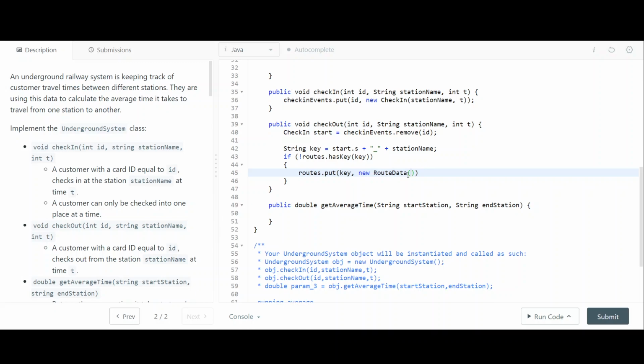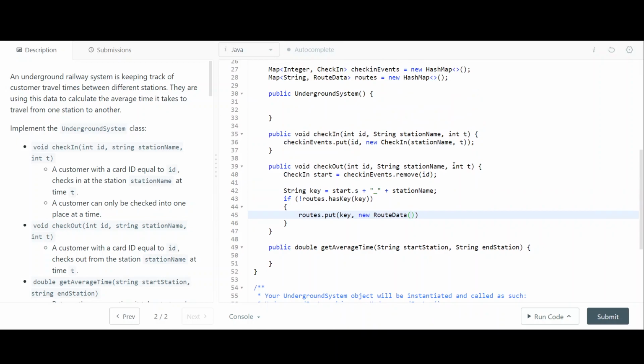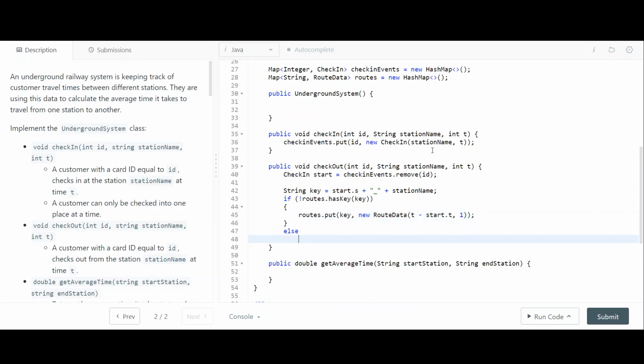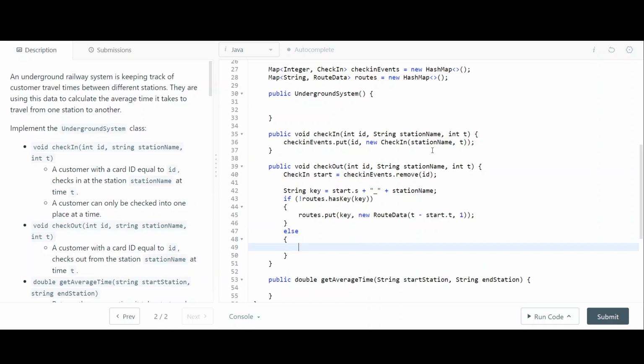And what is the data? So you want to send the sum time, which is time taken, which is t minus start.t, I guess. Yeah, this is the time and trip is 1, right? Else data equals to